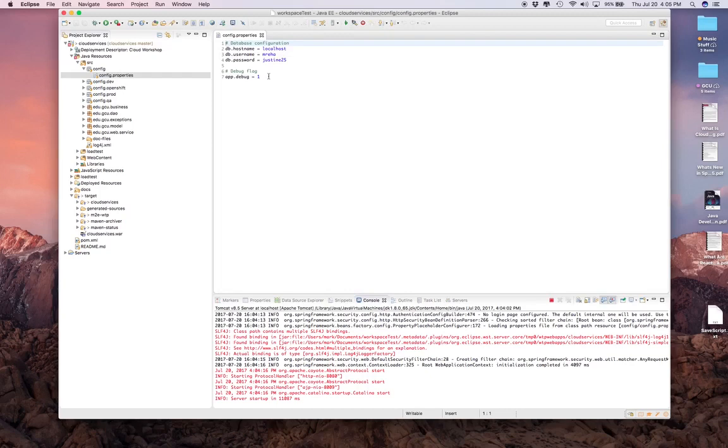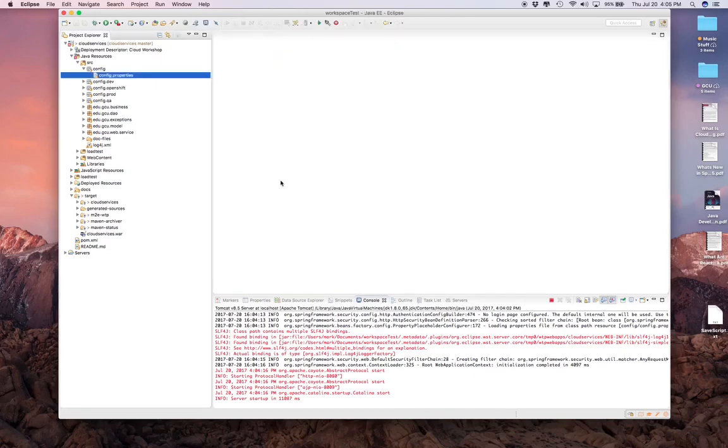And the one thing that you'll want to do here is adjust your database username and password, the credentials that we'll be using to connect to your database. You'll want to go in the source config and the config properties and adjust this accordingly based on your database configuration. And once you do that, you should be able to start the application and have it connect to the